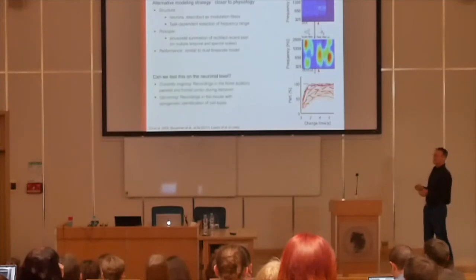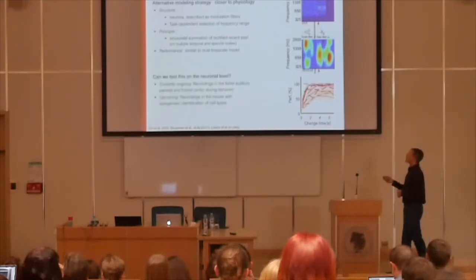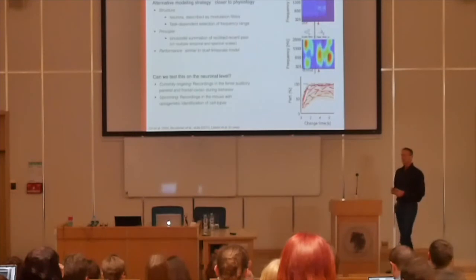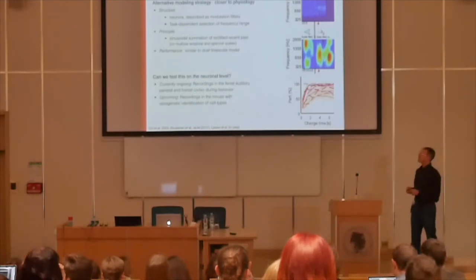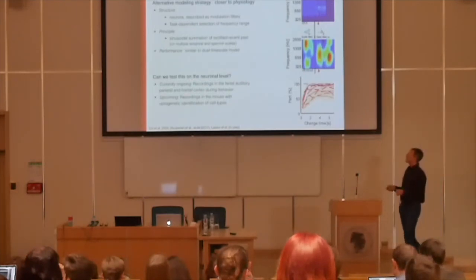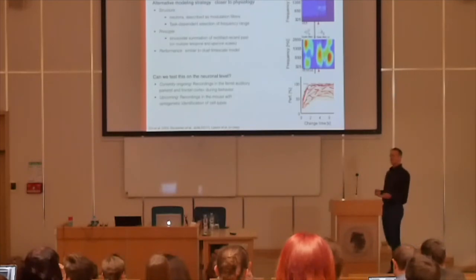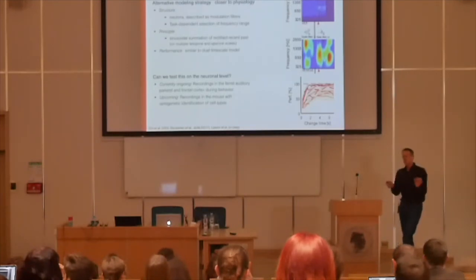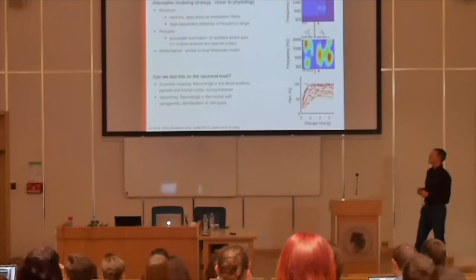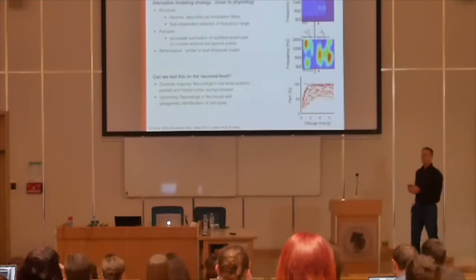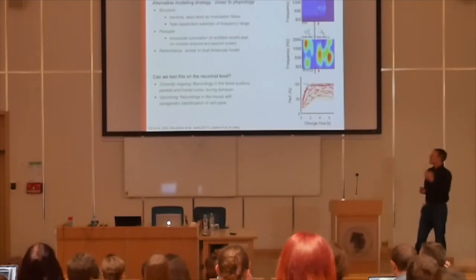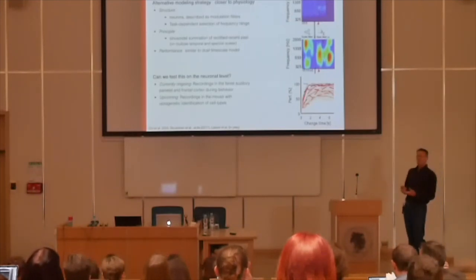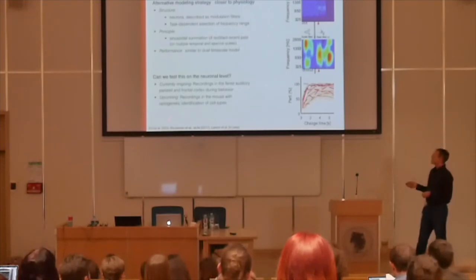Then, of course, an important question one would like to ask is, what does this really look like on the neuronal level? This is ongoing research that we're doing together with our collaborators in Paris. On the one hand, we do recordings in ferret auditory cortex, both parietal and frontal cortex, while they perform this behavior, to see at which stage it is really realized. The prediction from our EEG recordings by source localization is that it should be in the inferior bank of the parietal cortex, but we would like to really verify that in the recordings in the animal.